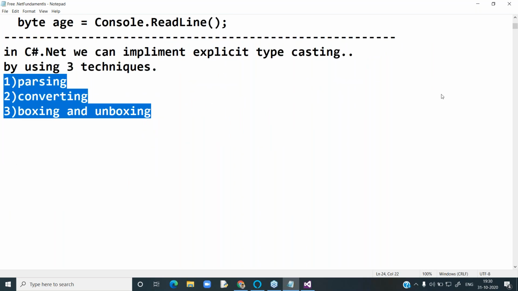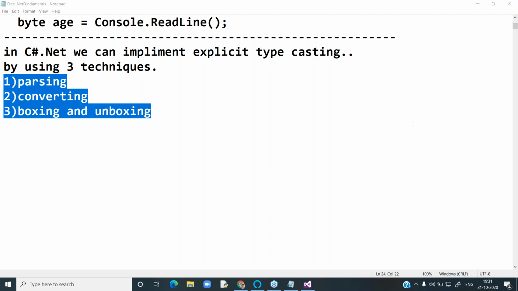So how many explicit typecasting techniques do we have? Three. What is the first technique? Parsing.